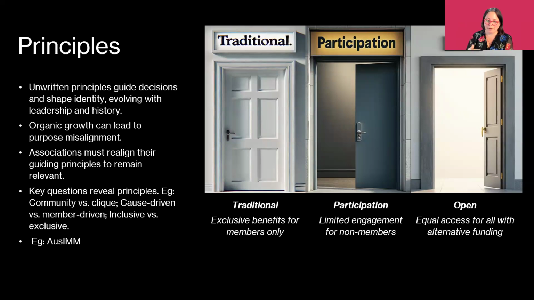And when we're looking at how membership programs can be structured, there are 3 different approaches. There's the traditional approach, where if you're a member you can come in, and if you're a non-member, that door is shut. There's a participation model, where we've got a strong membership, but we'll allow non-members to get involved. Imagine a Taylor Swift concert where anyone can come in, but your members have the VIP backstage passes. They still get more than non-members, but the non-members are still in the room.